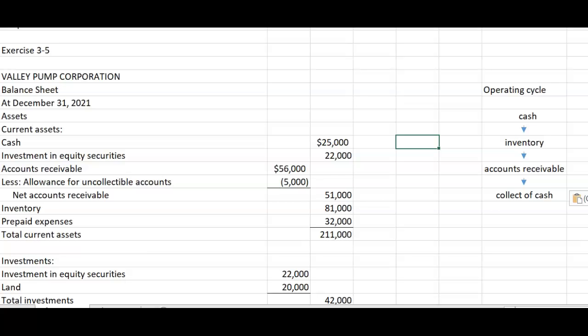The other thing I'd like to talk to you about is the classifications. You've studied classification in financial accounting, where you have current assets, long-term assets, current liabilities, long-term liabilities, paid-in capital, which includes common stock and paid-in capital in excess of par, and your retained earnings. Now, how do you determine if an asset is current or non-current? In most cases, it will be current if